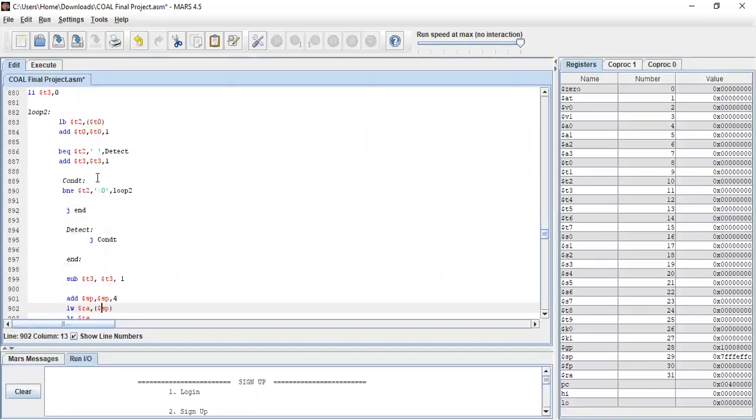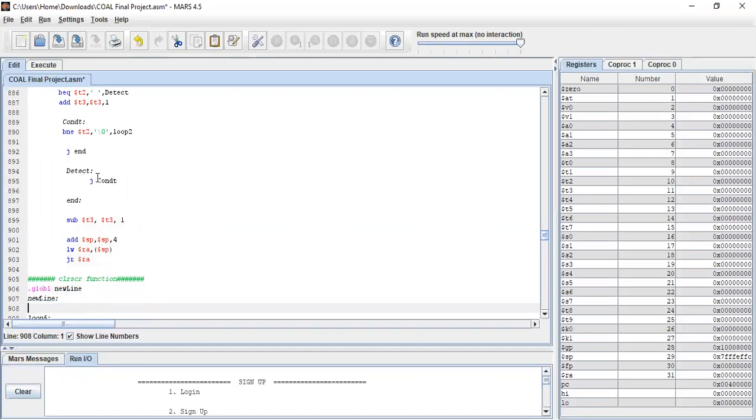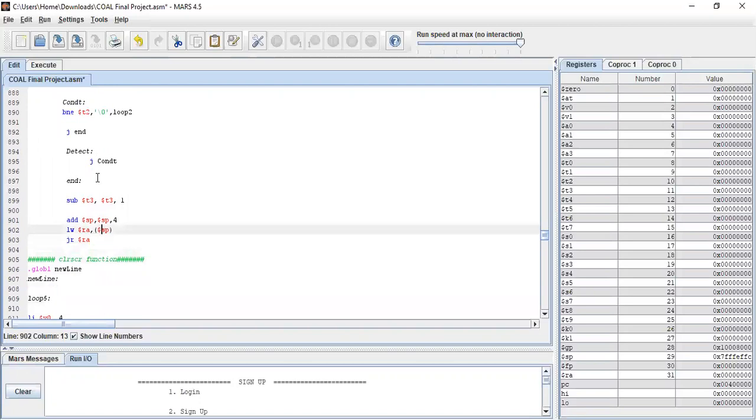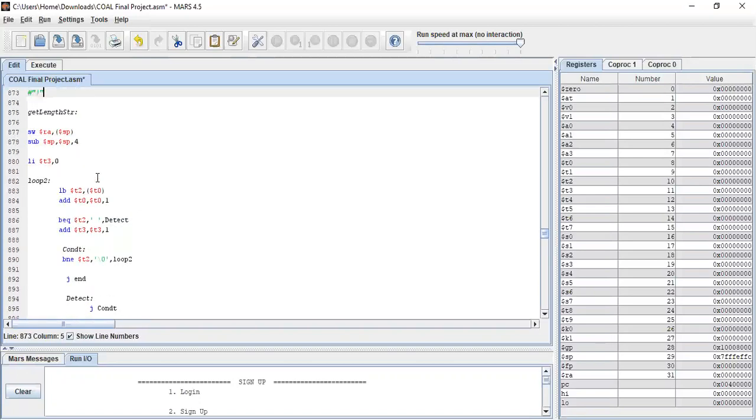Then it will subtract the one which we added before the loop. Then it will increment with 4, and then we can have the length of this string.